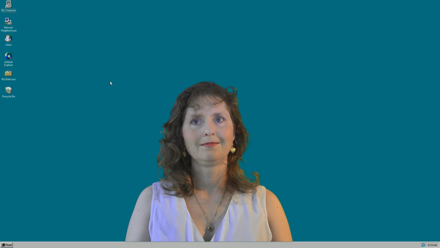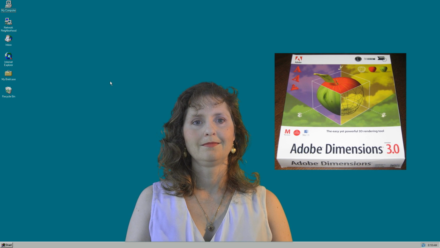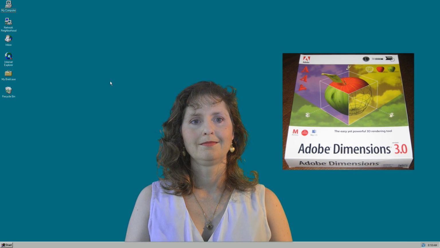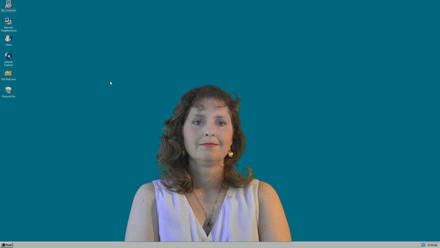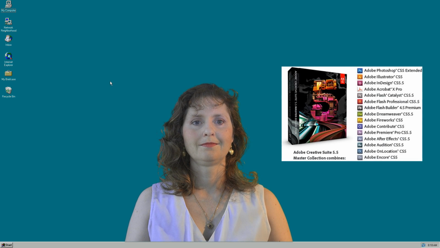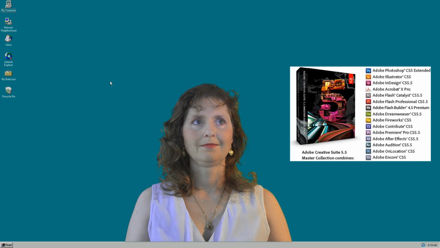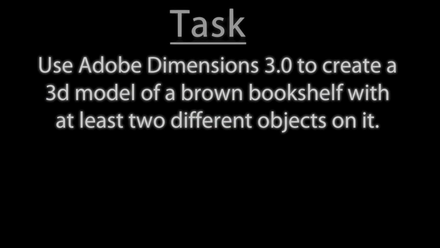The software you will be using was called Adobe Dimensions 3.0, which was the final version of the software released in 1997 before Adobe discontinued it. Adobe is well known for their professional software such as Photoshop, Fireworks, Illustrator, Flash, Dreamweaver, Audition, and After Effects. But unfortunately, this program never evolved like Adobe's other software. Anyway, your task is to create an identifiable, brown, 3D bookshelf with at least 2 different items placed on its